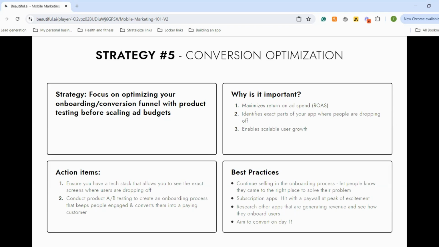So if you are not converting on that very first day, you're not going to be able to present your offer to nearly as many people. If you're giving a 1 week free trial without asking for the credit card, all of a sudden, instead of showing nearly 100% of people that paywall, maybe 30% of the total users are going to see that paywall. So that's going to have a significant impact on the profitability of your app.